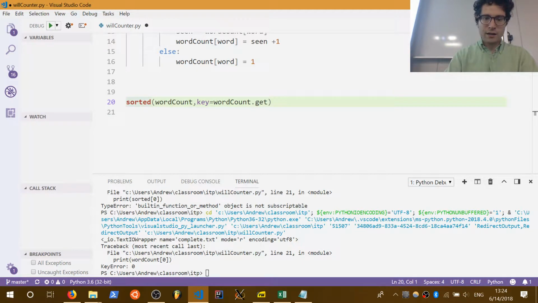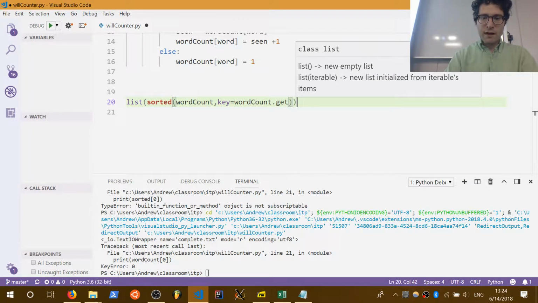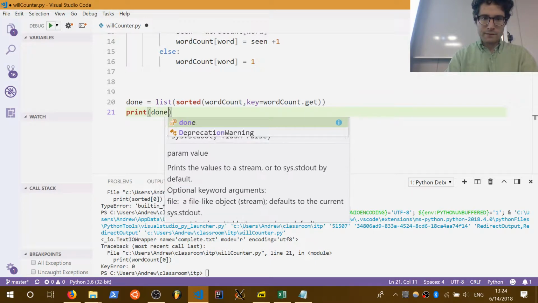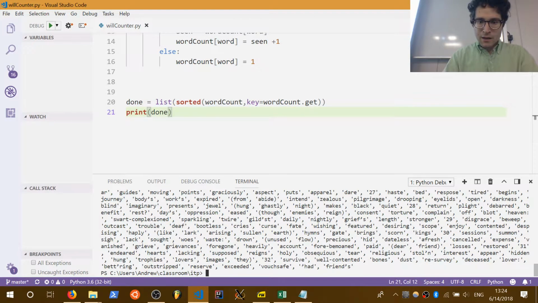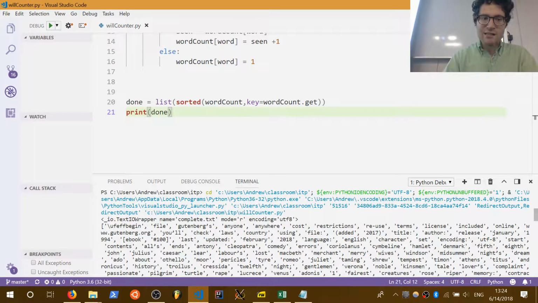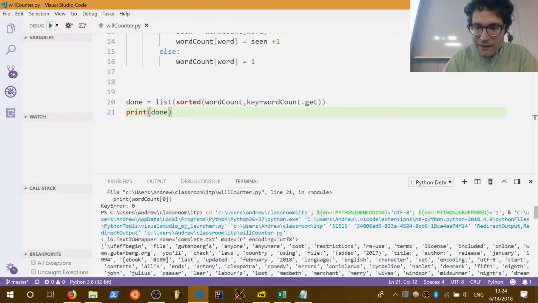we've got our sorted thing, and we probably want to store it somewhere, so we're going to store it in a list. Right, so we sorted something. We should probably store it in a list, let's call it done. Print done, and see what happens. All right, so it prints out, so this is the least common thing in the beginning, and the most common thing comes to the end,